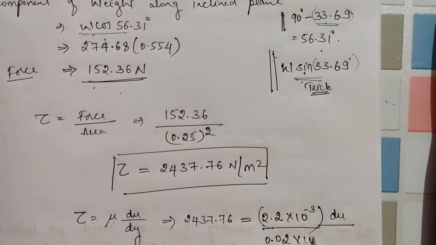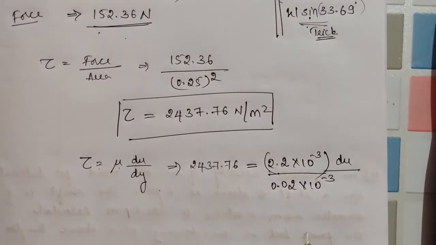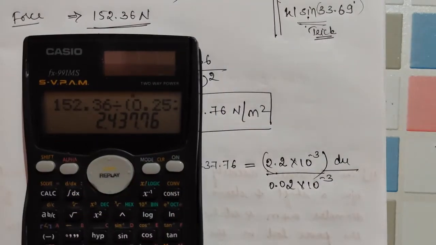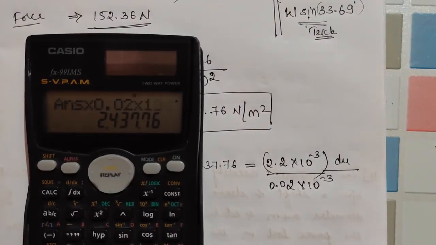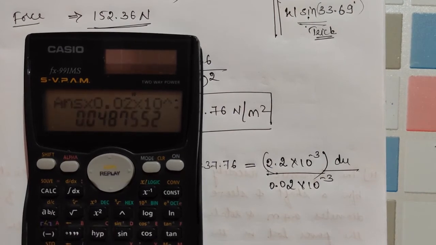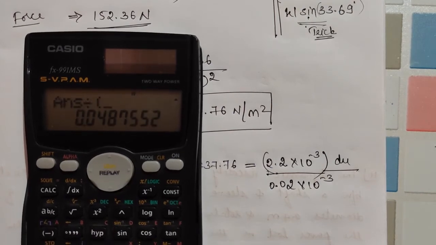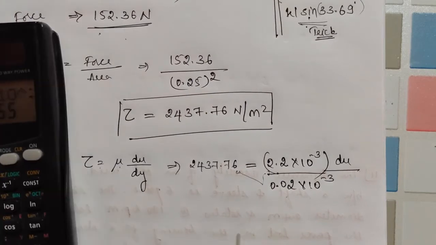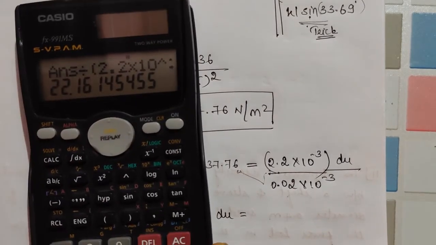0.02 into 10 power minus 3. Okay, whenever I solve this, 2437.6 into 10 power minus 3 divided by, when I cross multiply, it should be divided by this only, no? 2.2 into 10 power minus 3. So the value of du will be, see here,